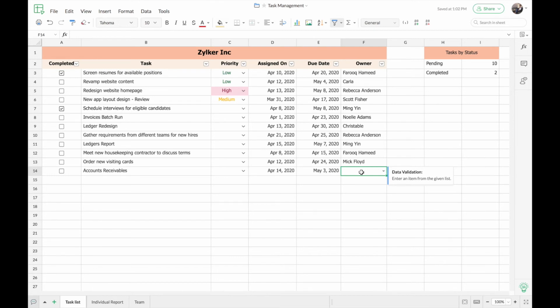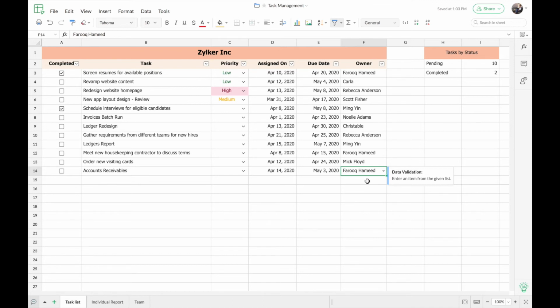And when I try to enter a name, you can see that based on the characters that I'm entering into the cell, the corresponding values from the drop down will be listed for me. So it makes it easier for me to enter values from the data validation list. I can simply choose the name here. This makes the data entry process more consistent, even if more people are working on the same sheet.